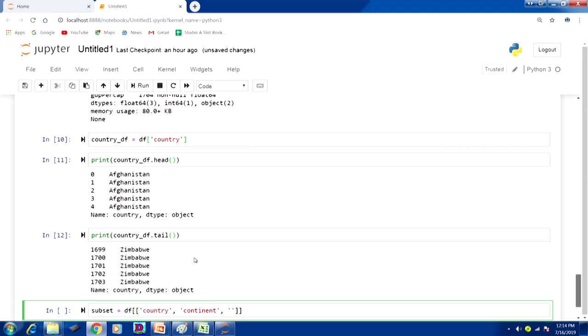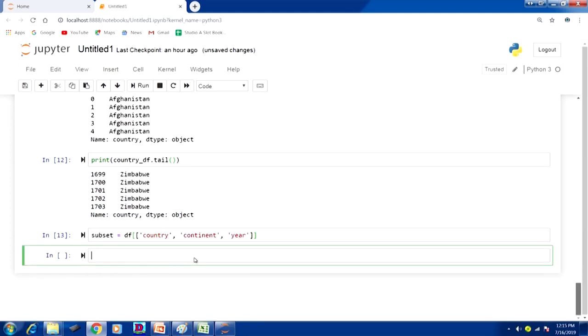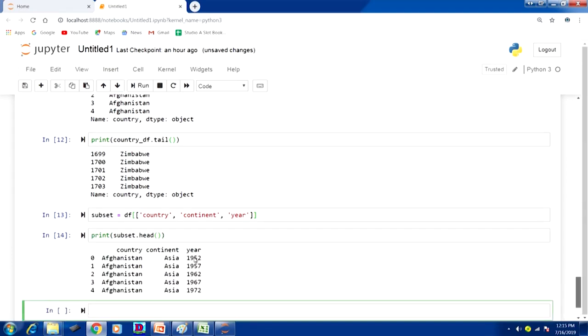Continent, and year. Suppose I want to see the first 5 rows of this dataset called subset. You see that I am able to fetch 3 columns at a time, that is only country, continent and year.